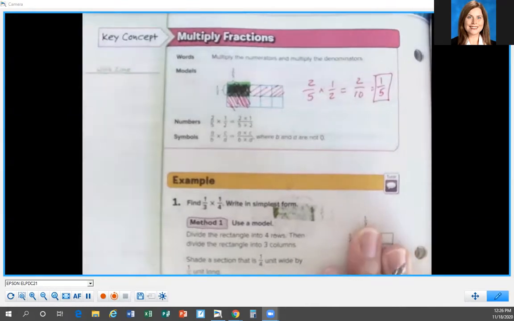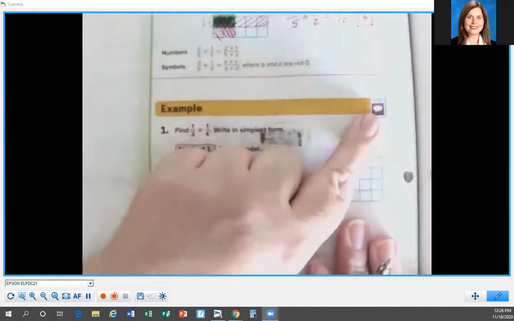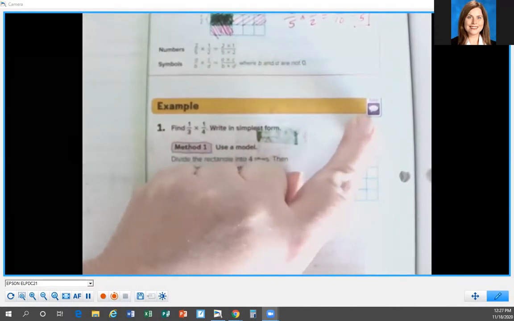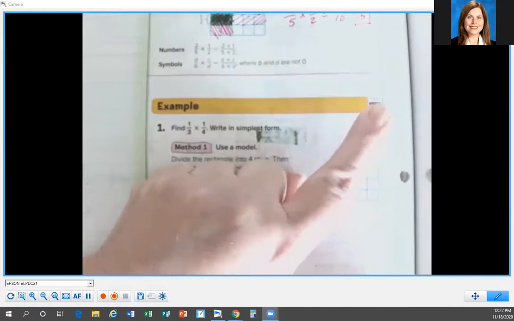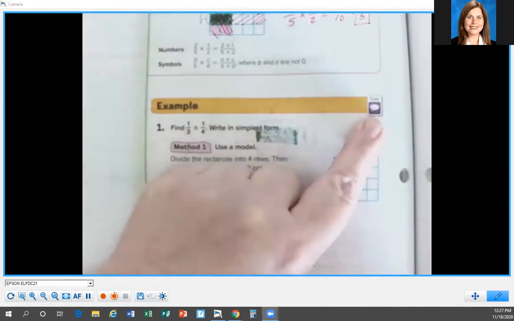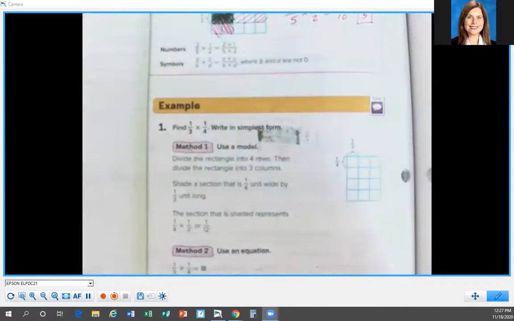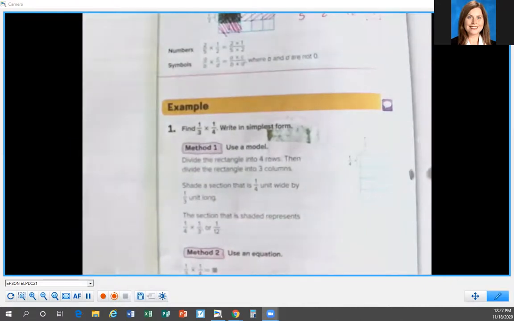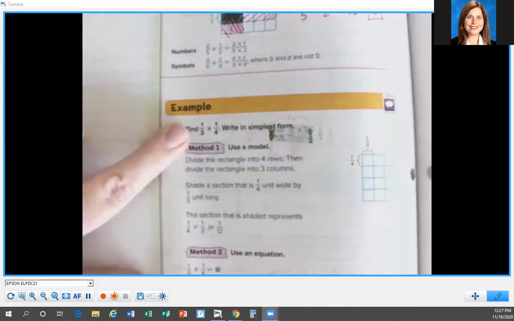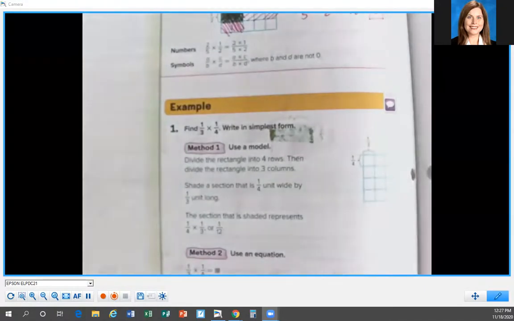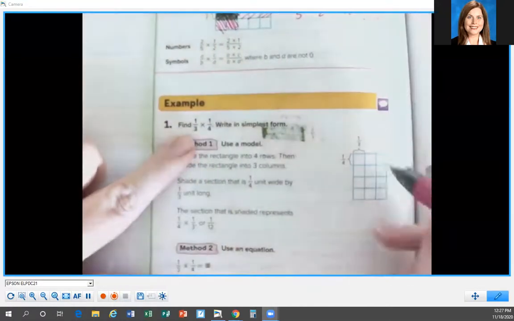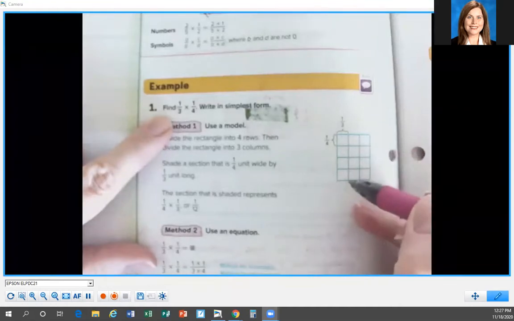All right, let's look at example 1. And I want to remind you, anywhere you see this tutor button right here, there is a lesson in your digital textbook when you click on this, the tutor section for chapter 4, lesson 3. It'll actually walk you through this problem and explain the whole problem to you. Okay, so we're going to do this problem 1/3 times 1/4. We're going to do it twice. The first time we're going to do it with the area model, and the second time we'll do it with the standard algorithm. So in our area model, 1/3 times 1/4, we draw a triangle, or excuse me, we draw